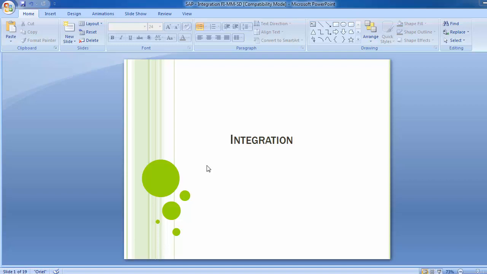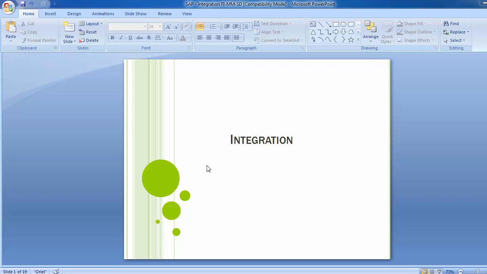Integration within the module will be done automatically, and the inter-module integration is an uphill task for the implementation team. In the process of integration, the FICO module consultant has a greater role to play, as most of the things as a part of the integration flow in the SAP FICO module only. The finance module is linked up with most of the other modules.